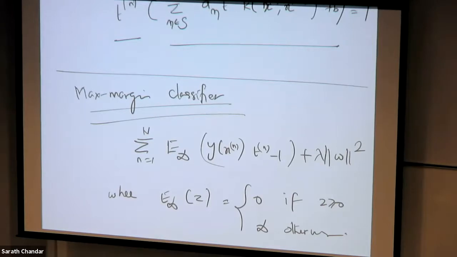So any line which has mistakes, the first error function is going to give you infinity error. So the first error function makes sure that you find a line which does not have any errors, and this combined objective function makes sure that you find the max margin. Now, as long as lambda is greater than 0, the value doesn't matter. In this case, you don't need to tune lambda. You can set any lambda which is greater than 0, and that is going to help you solve the problem. Is that clear?